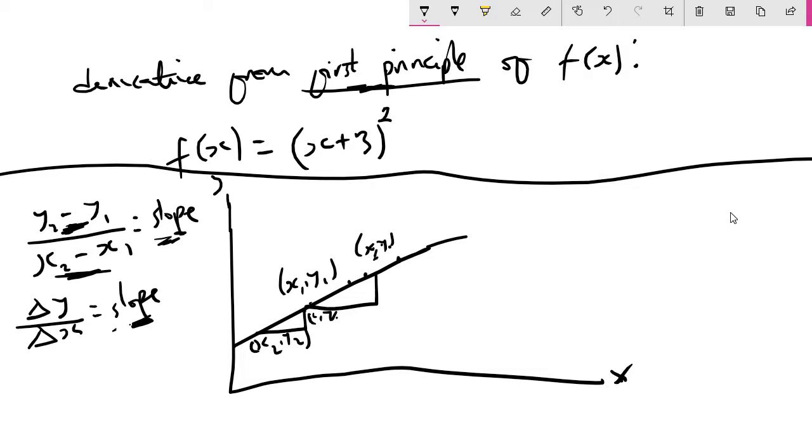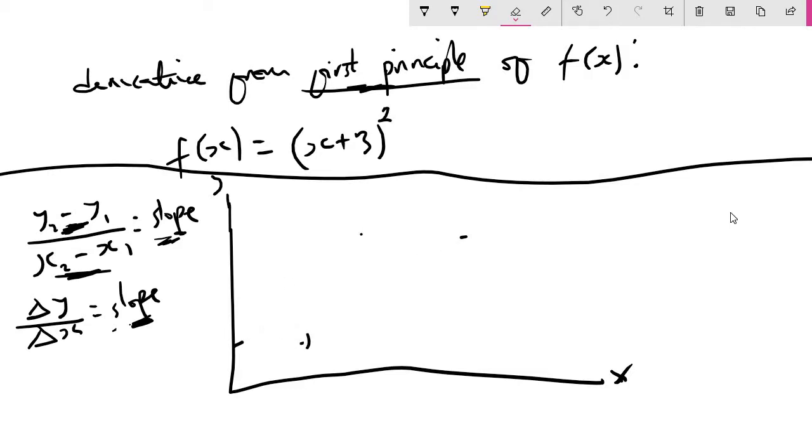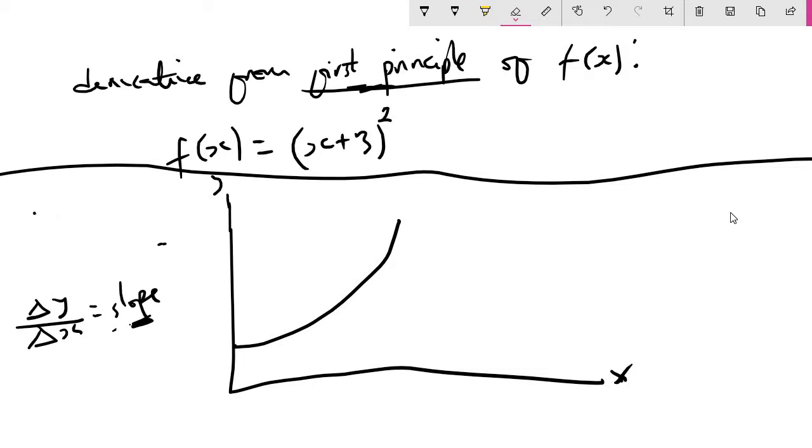Is that clear? Okay. Now, let's say we no longer have a straight line. Our line is no more straight. Instead of a straight line, we now have something like this. Now what if you are asked to find the slope of this curve? Because it is a curve now. So let's say at this point,